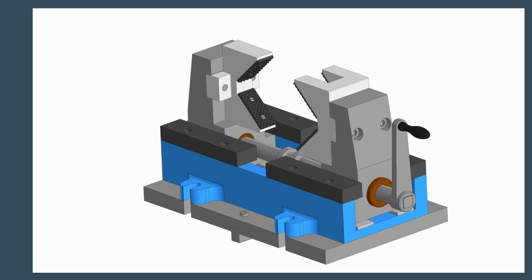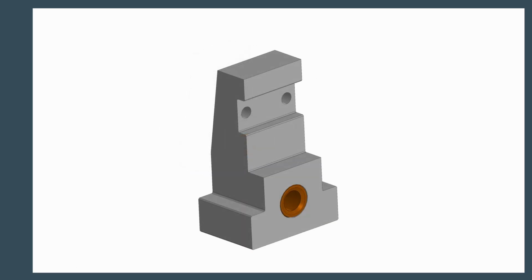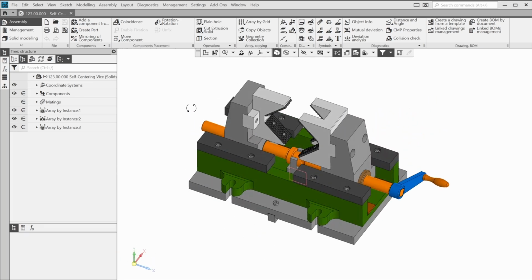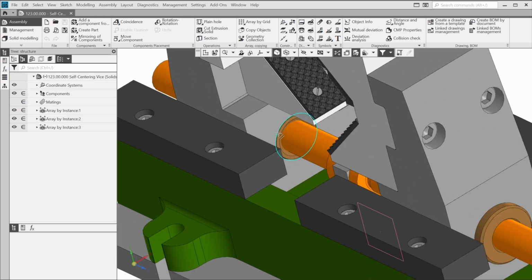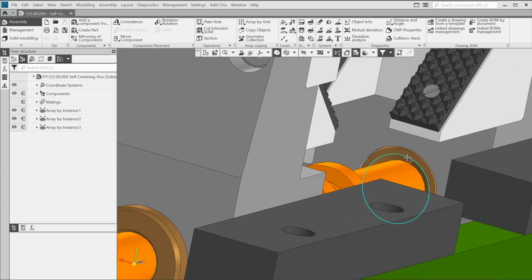In this lesson, we'll create holes in the assembly and insert the screws into them. We'll use the isolation mode to hide objects that we don't need at the moment, and create auxiliary objects to help us to place the holes. Now we need to insert the set screws to fix the nuts, here and here. But first we need to make some preparations.